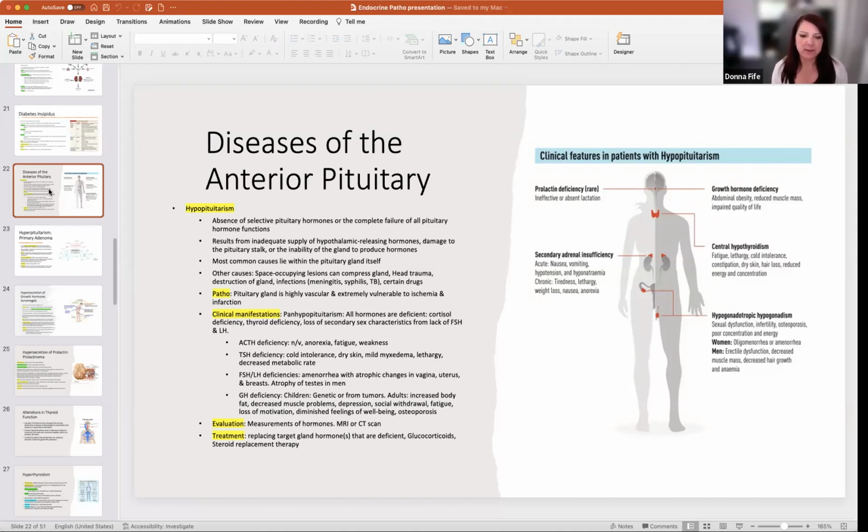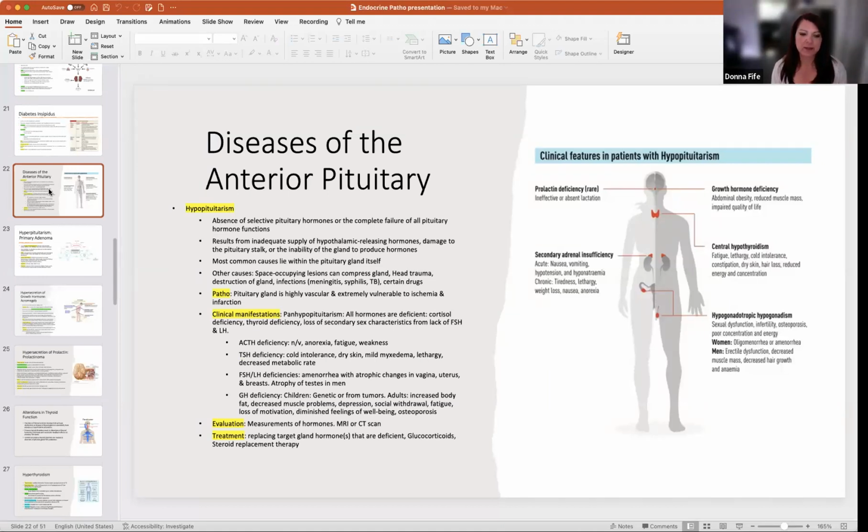ACTH deficiency can lead to nausea, vomiting, anorexia, fatigue, and weakness. With a TSH deficiency, there can be cold intolerance, dry skin, mild myxedema, lethargy, and decreased metabolic rate. FSH-LH deficiencies: amenorrhea with atrophic changes in the vagina, uterus, and breasts, and atrophy of the testes